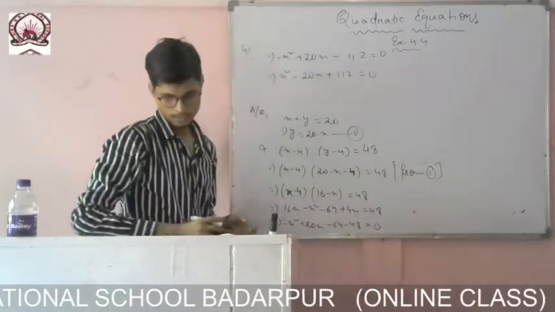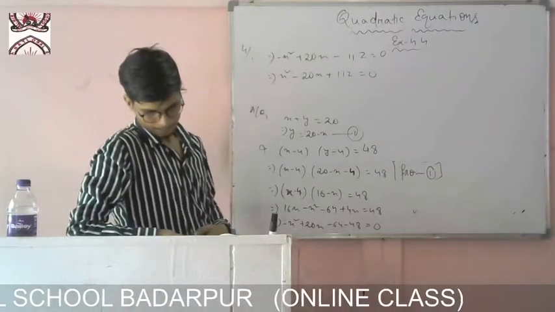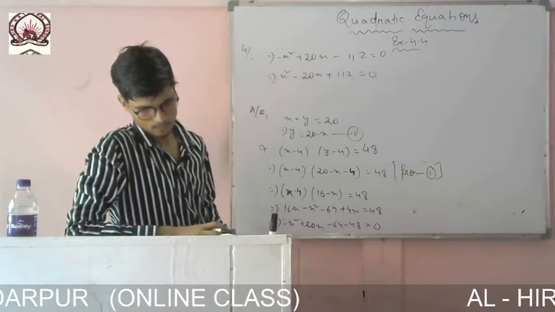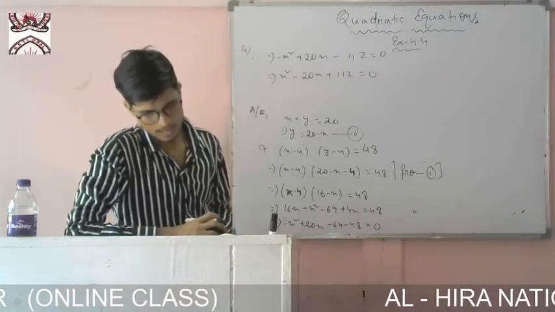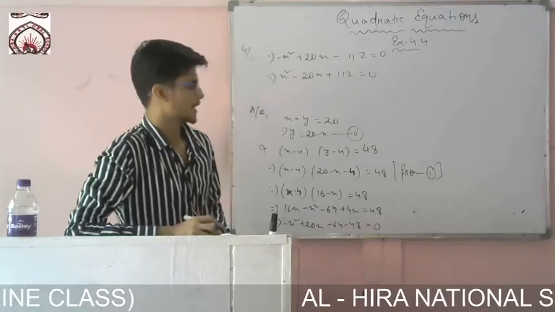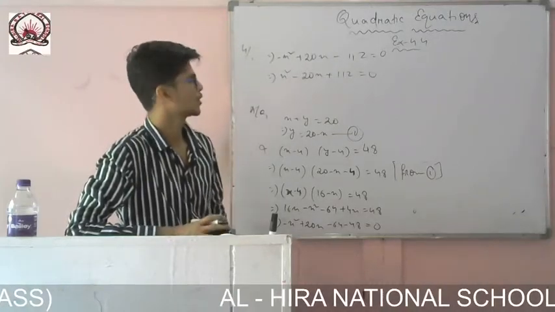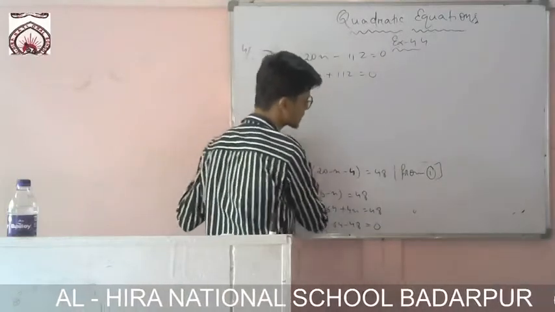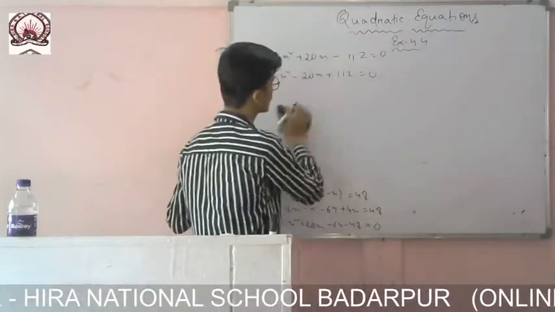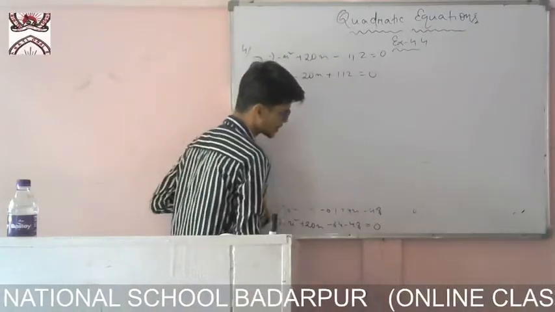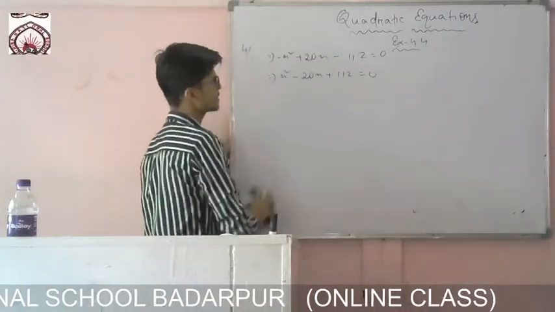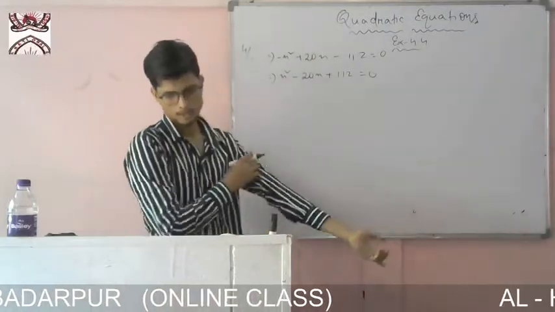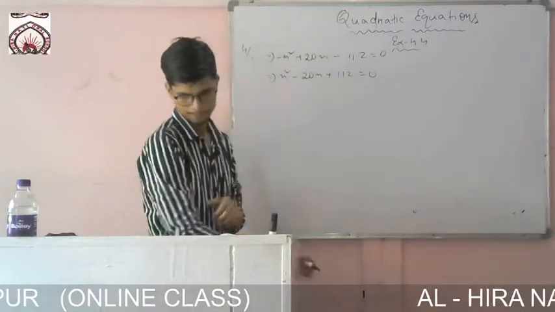So this is the equation, x square minus 20x plus 112 equals to 0. So now the question is given, we have to check whether it is possible or not. So now directly let me find the discriminant. If the discriminant is greater than or equals to 0, then it will be possible. If it is smaller than 0, then it is not possible. So no need to solve it, later on you will not get the answer. So let me check it here.